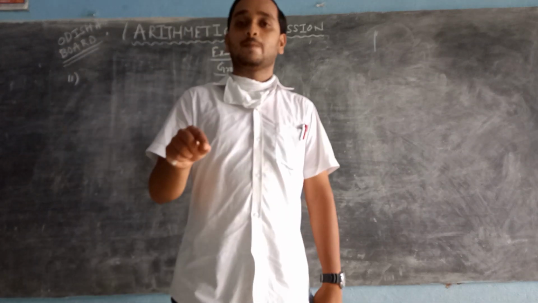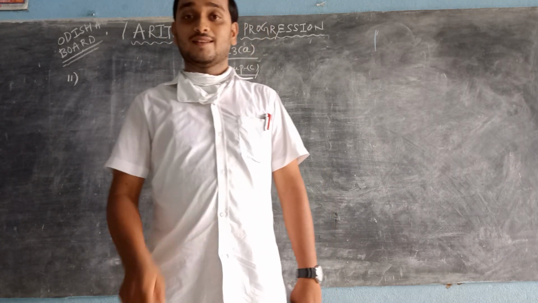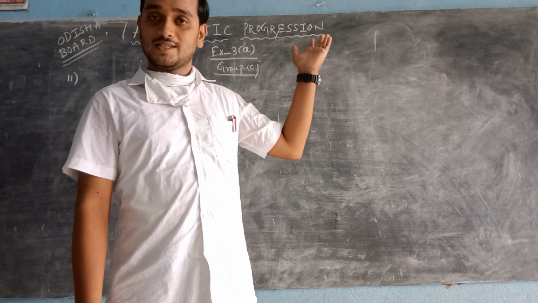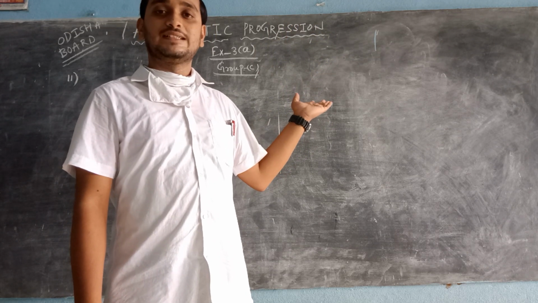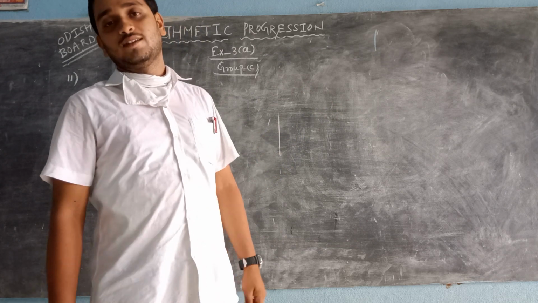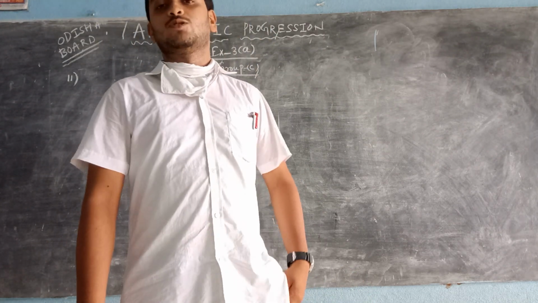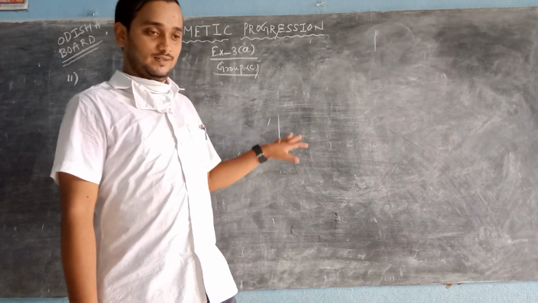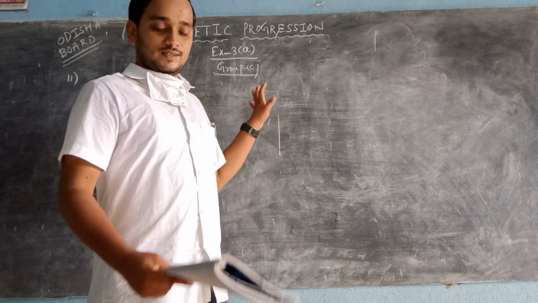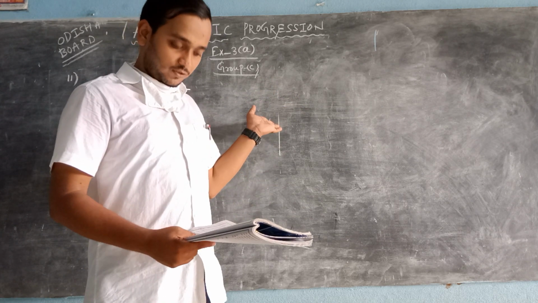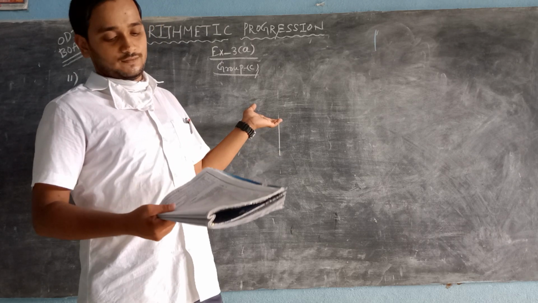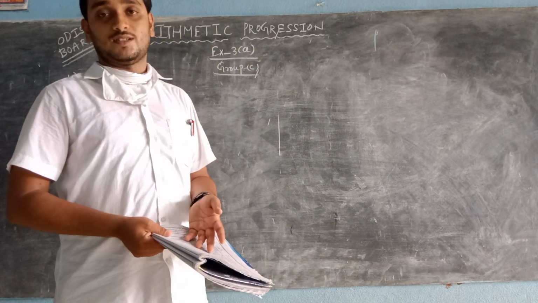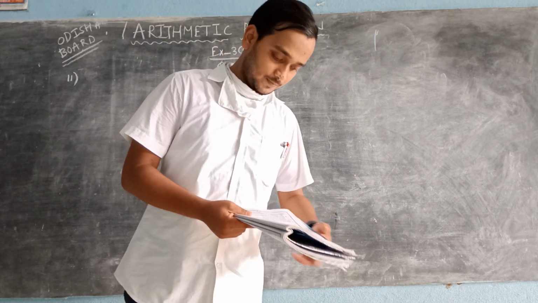In an arithmetic progression, the first term is a and the common difference is d. Up to the last term, the number of terms is n, and we know the formula Tn = a + (n - 1)d, and the formula Sn = n/2 [2a + (n - 1)d]. In the same way, we will find the remaining sums by applying the same formulas. All questions depend on the formulas. If we know the formula, we can solve all questions of arithmetic progressions. Let's see question number 11.